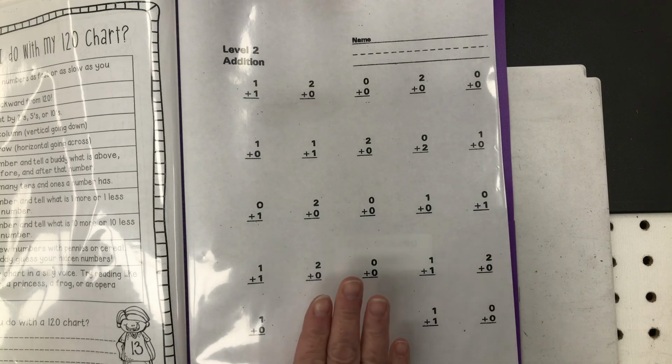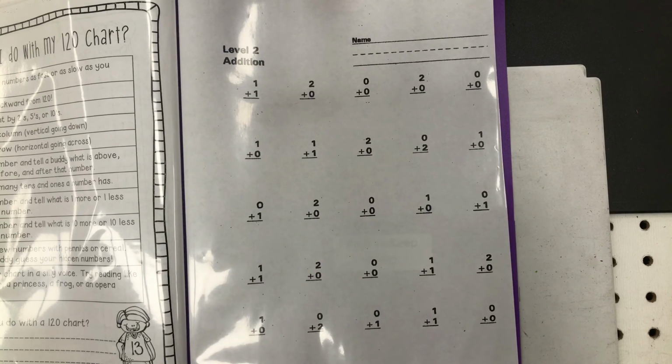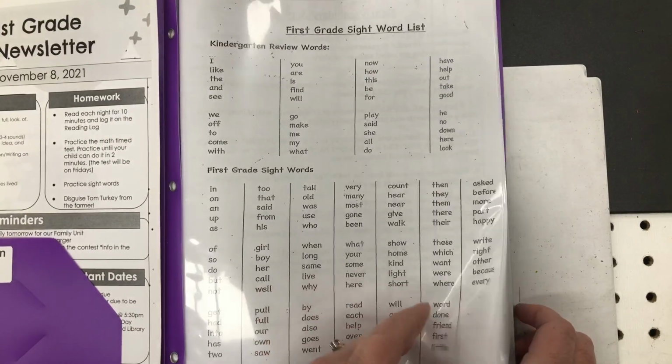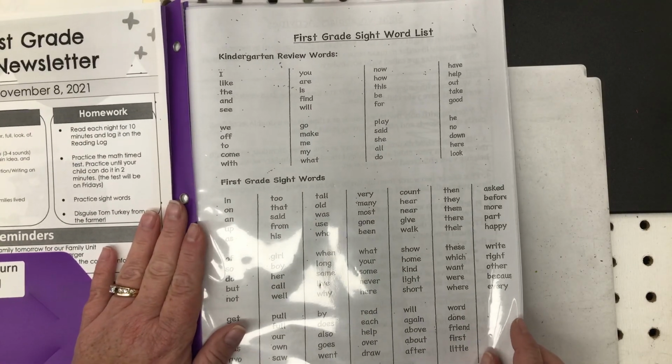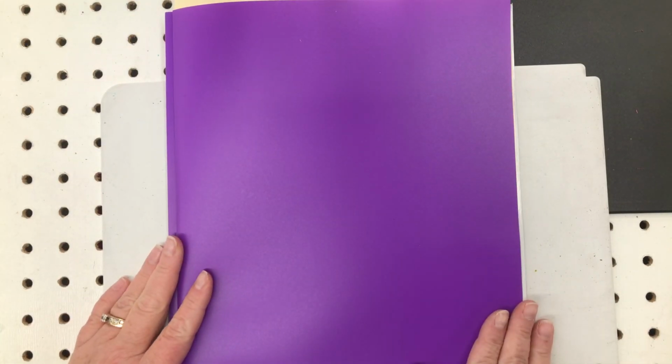Okay, so you definitely want to check this out because this Friday we will be doing our first timed math test. Hopefully that helps. Hopefully I didn't bore you with my homework folder spiel, but please just make sure you